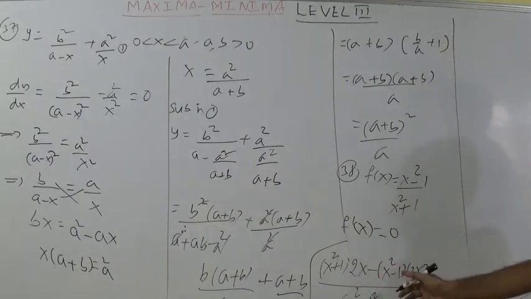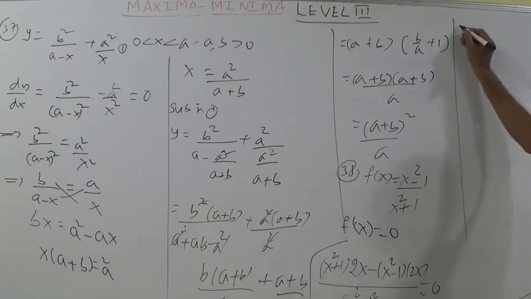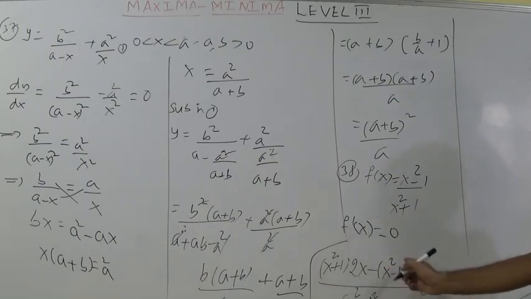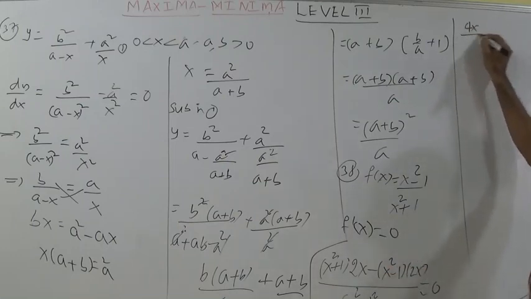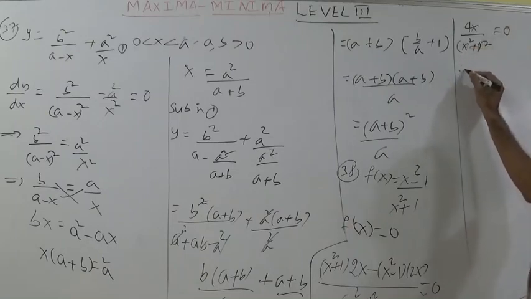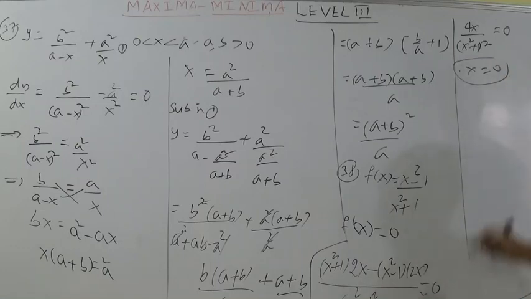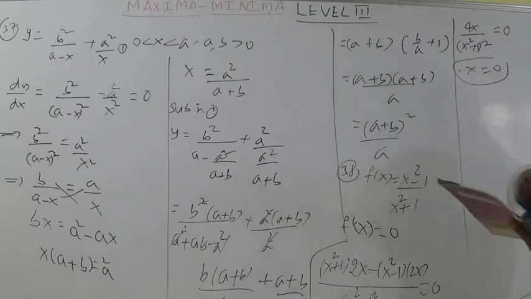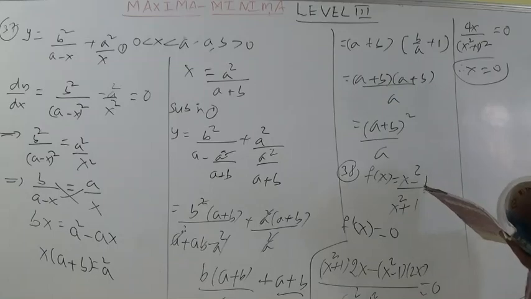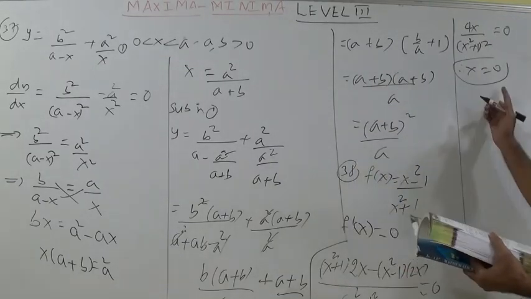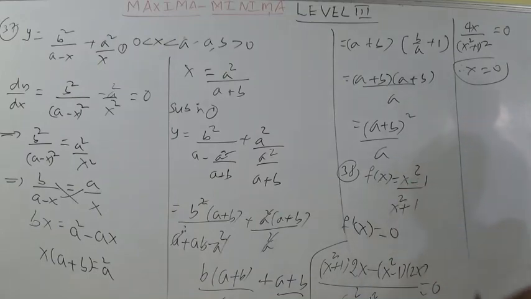Here taking 2x as common, 2x into (x square plus 1 minus x square plus 1). So 2 into 2 becomes 4, you can write here 4x by (x square plus 1) whole square equal to 0. Therefore x equal to 0. If x equal to 0, substitute; what he is asking is for every real number, the minimum value. The option that the minimum value does not exist, not attained even though f is bounded, is not at all correct. The option equal to 1 is also not correct, equal to minus 1 there. If you substitute the value 0 here, 0 minus 1 becomes minus 1.